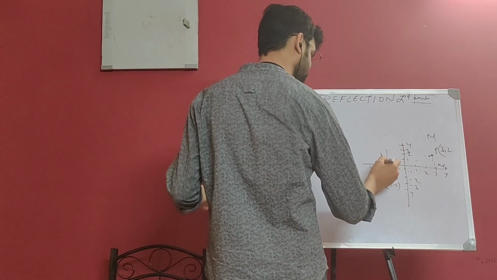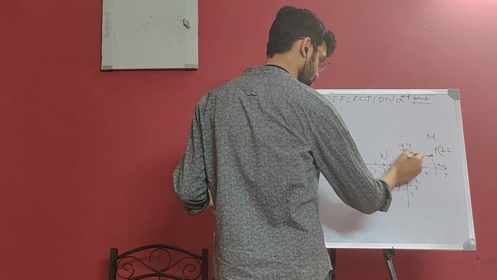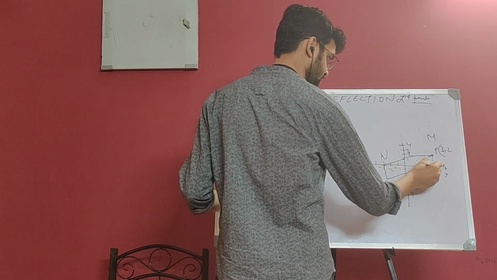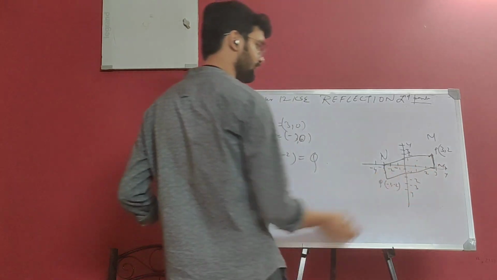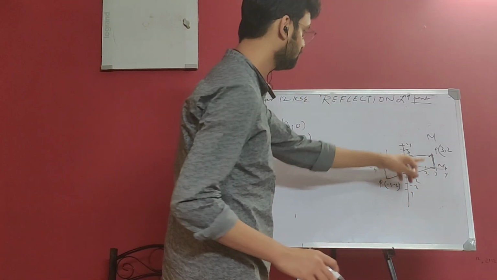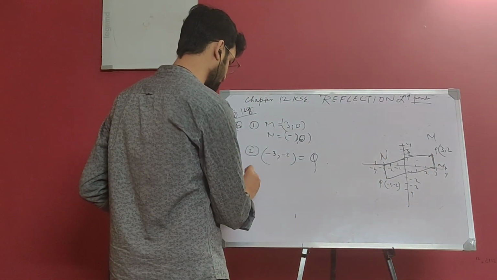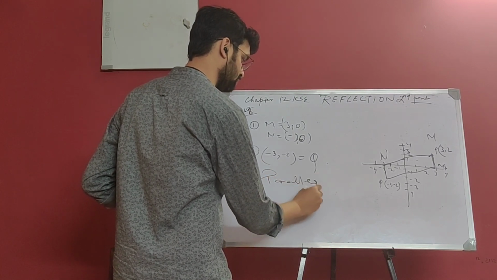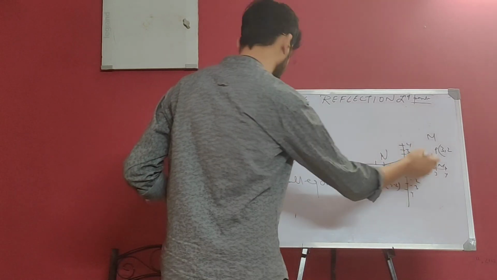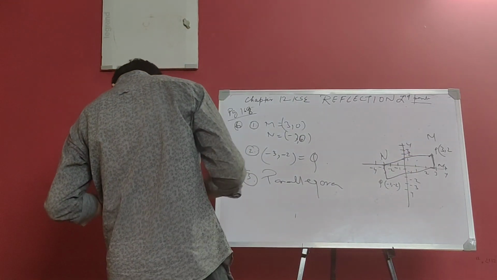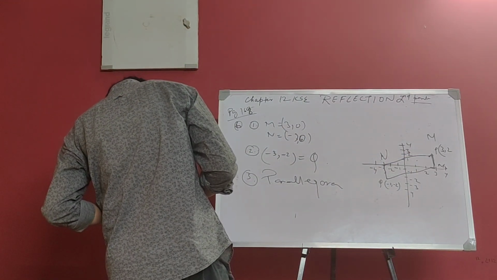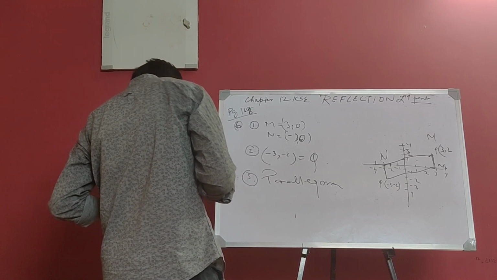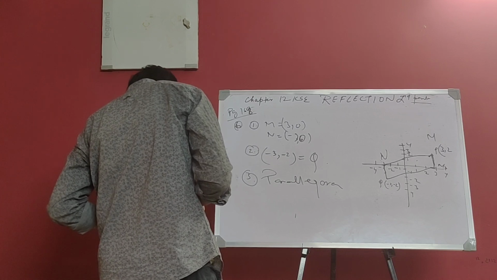See, if I join this and this, my diagram is a little not good, please excuse it. So my third question, I am making a parallelogram here. Correct? See, a parallelogram. And the last question is to write down the coordinate of the point to which M is mapped on the reflection in the x-axis.